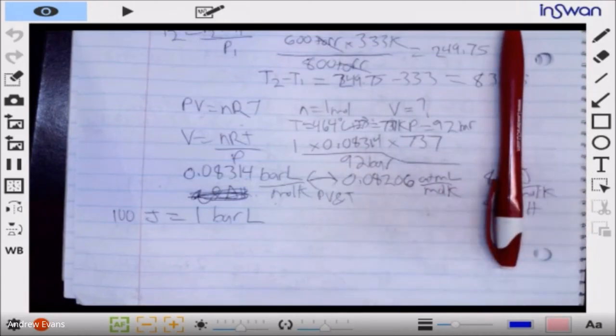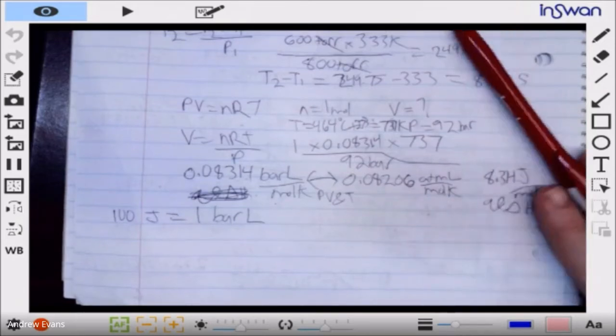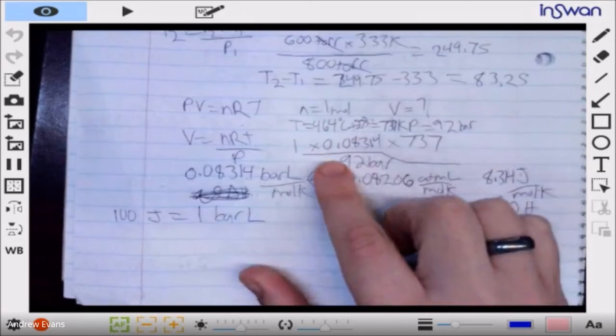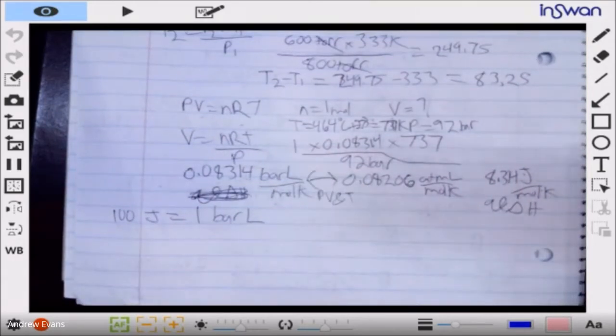Some years I do more units with bars. Sometimes I don't bother and I just leave it in atmospheres. I like bars better than atmospheres, but sometimes it's just easier to leave it in atmospheres for simplicity's sake. But okay, so this one, if I do it like this,